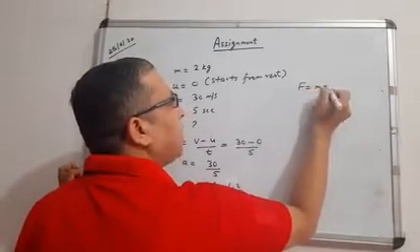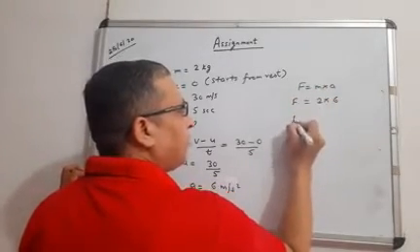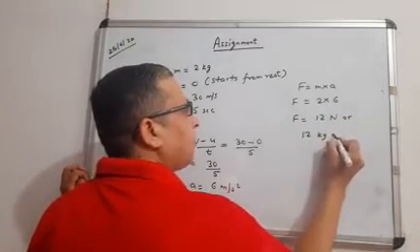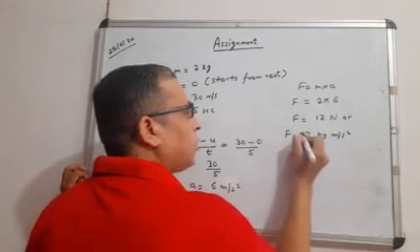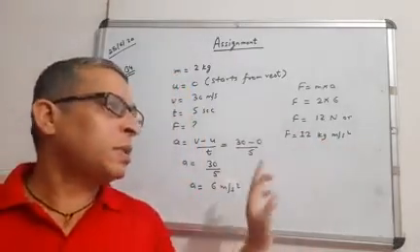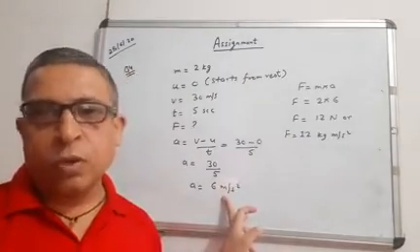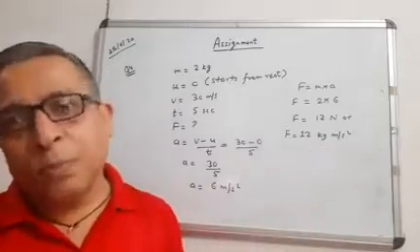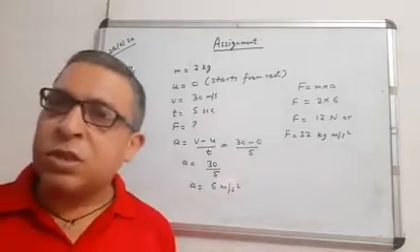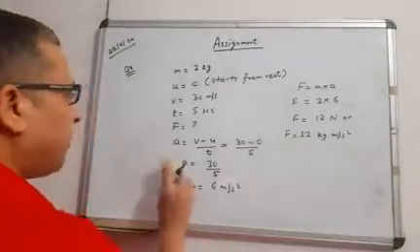F is m into A. Mass given 2 into 6. Then force will be 12 Newton or 12 kilogram meter per second square. Here also you can see that the force is coming in positive, which means this is acceleration in positive value and will have force as a positive value. If v is 0, then retarding force is there and will have retardation. Okay, now come to question number 5.